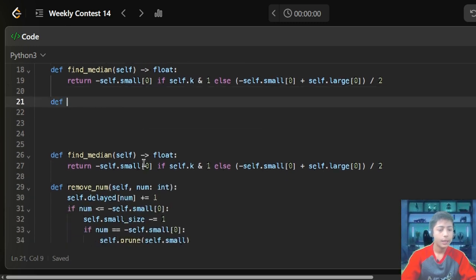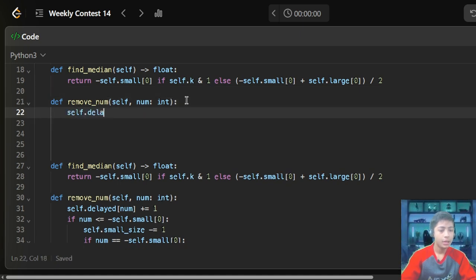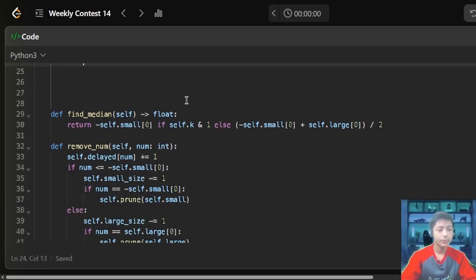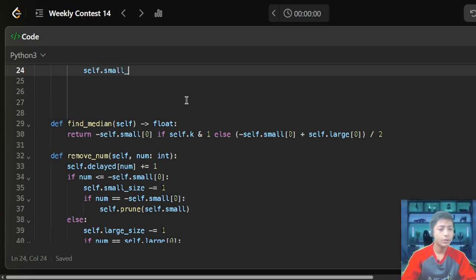back, enter, def remove num, now define here self, num: int; self.delete[num] += 1, enter, if num <= -self.small[0]: enter, self.small_size -= 1,